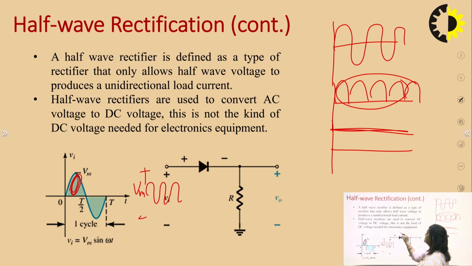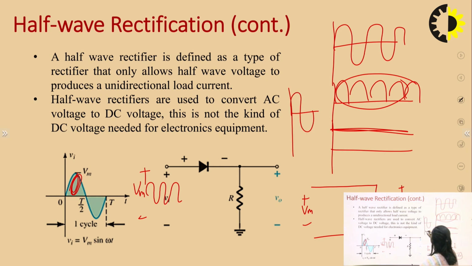So, the diode in this case is the ideal diode. The ideal diode's P plate is connected with the positive supply, so this diode will be short. The equivalent circuit in this case will be like this. This is Vm plus minus, and this is R, V0 plus minus. Here we can see that V0 would be equal to Vm, the peak value of the Vi signal. If we see, this is our input, so the output will be in this way.